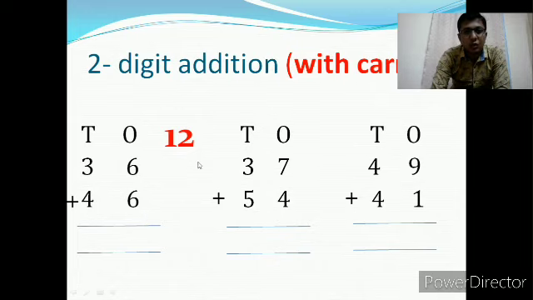Now how to write this 2-digit number? We got the addition of ones place as a 2-digit number. So what you will do is you strike off this 2 which is in ones place and write it in the ones place. You have to strike off this ones place digit in the result 12. Since 2 is in ones place, you strike off and write in the ones place.